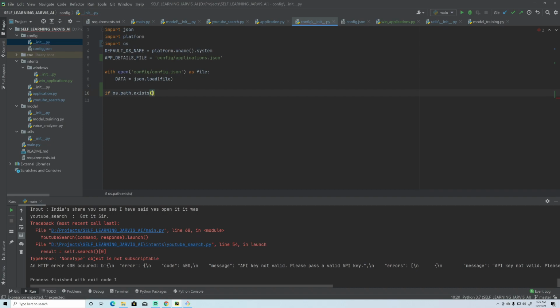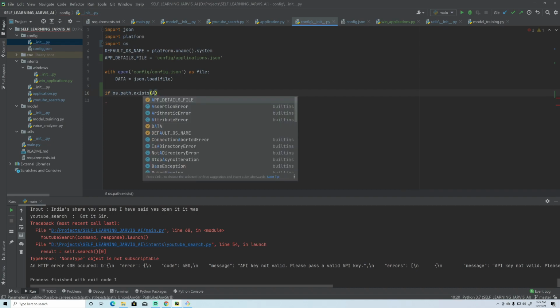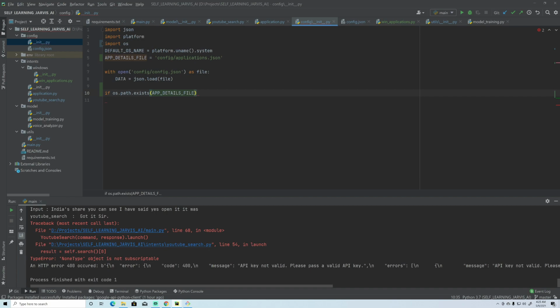And here I'll just pass this app details file. If it's already created, then it's okay.